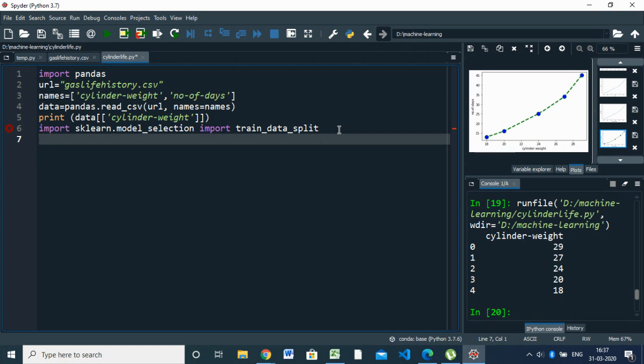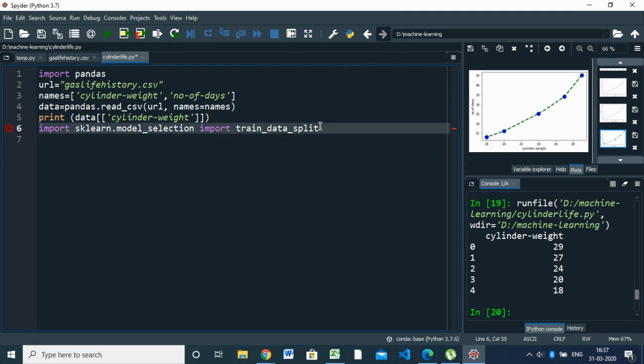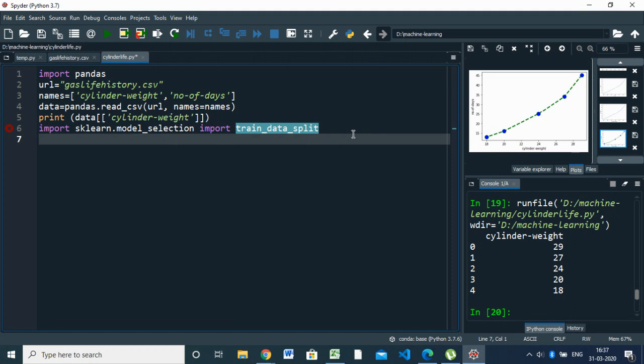So importing train test split and we having testing data and